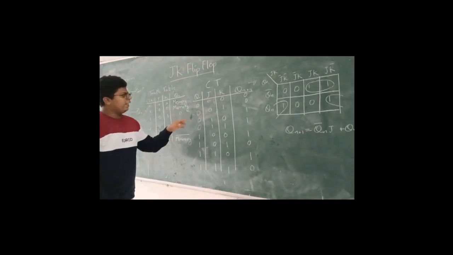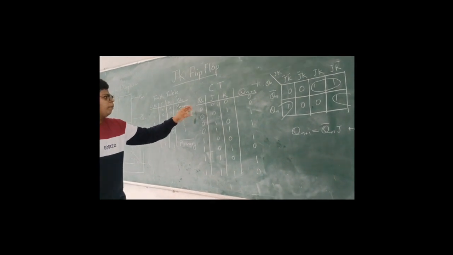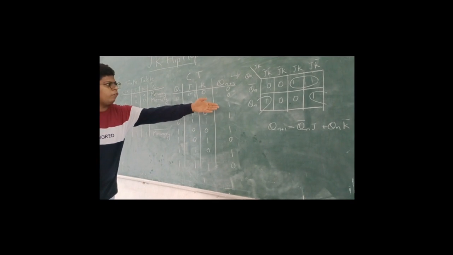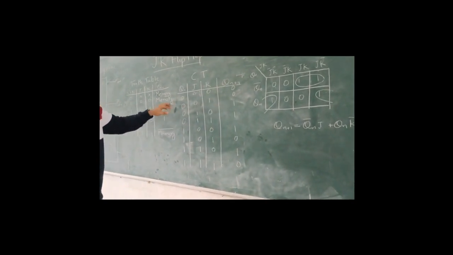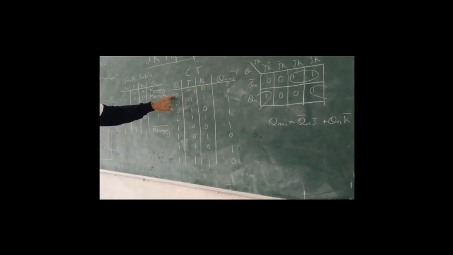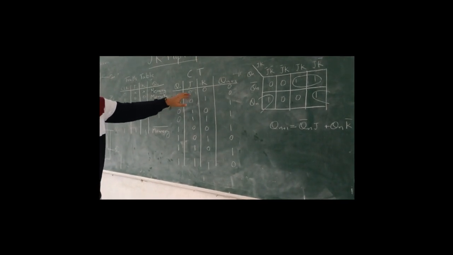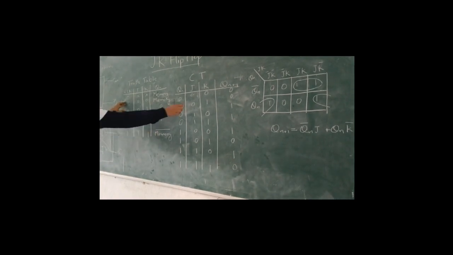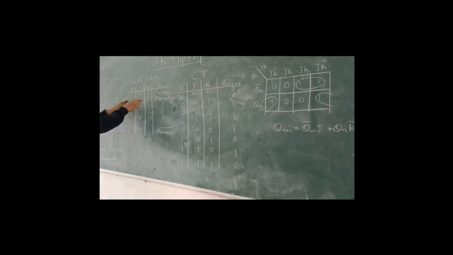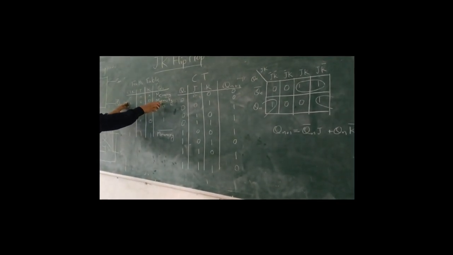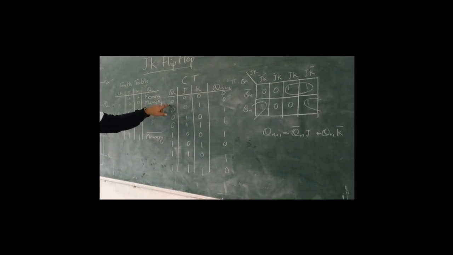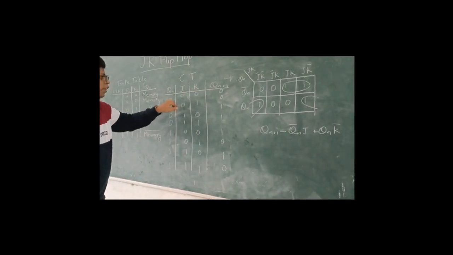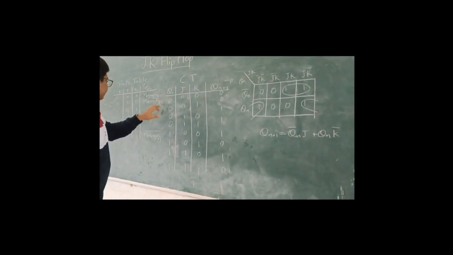We have taken memory Q1 as 0 and we are getting the output as 1, which is the complemented form. The characteristic table takes the previous state output and the two inputs J and K, and determines what the next output will be. So we assume Q1, the previous state, as 0 and J as 0, K as 0. When J is 0 and K is 0, we retain the value which is memory. The next state will be Q1, the same as the memory.